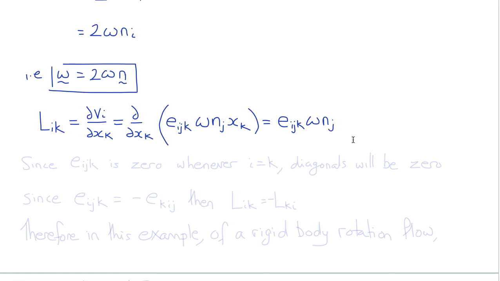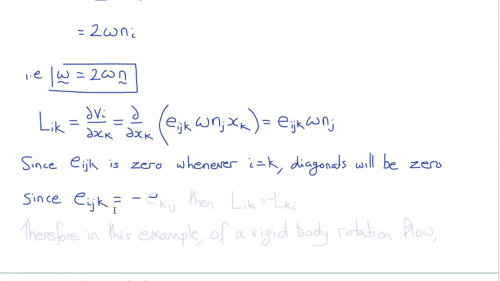Now if we look at this expression, we realize that E_ijk is 0 whenever i is equal to k. So therefore the diagonals of L_ik will always be 0. So what about when i is not equal to k? Well, then in that case we note that E_ijk would be the negative of E_kij, because that changes the permutation, which would mean that L_ik must equal negative L_ki. In other words,